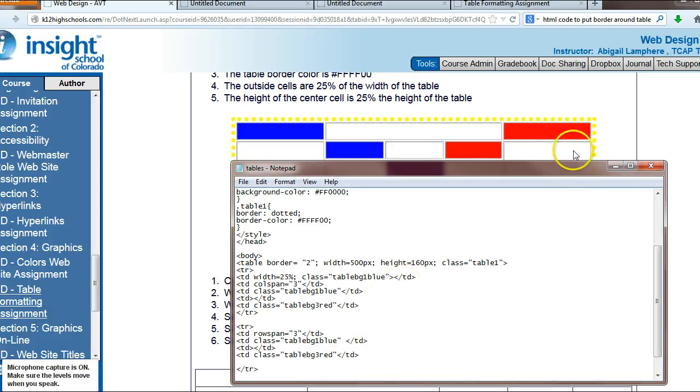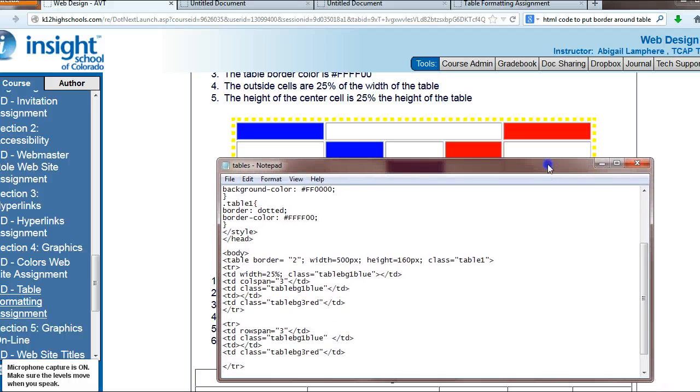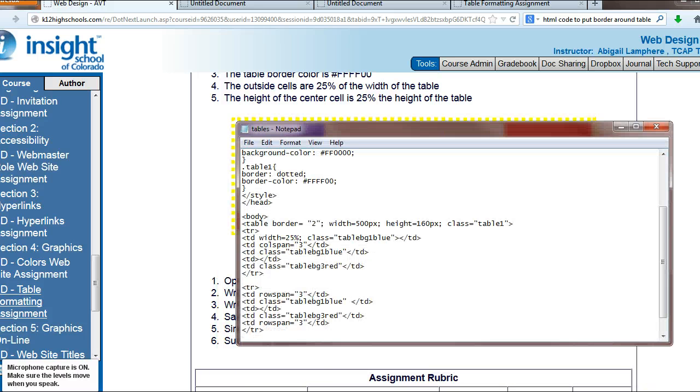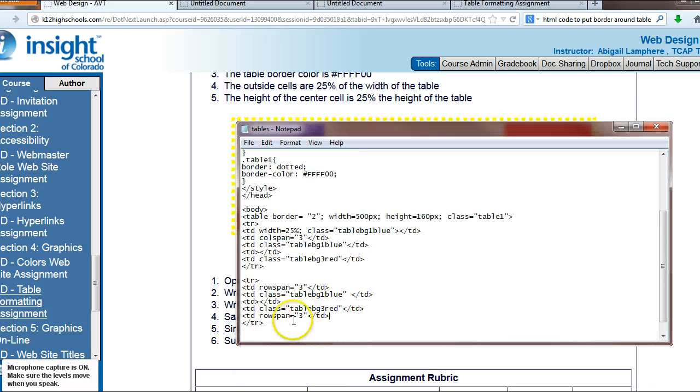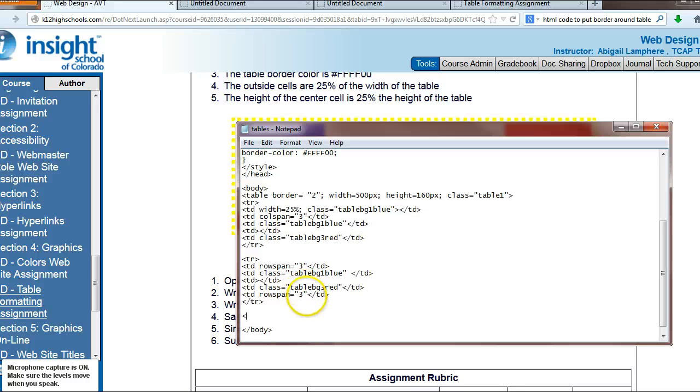And in my last cell of this row, I need to span 3 rows again. So let's open this cell. I'm going to just copy what I have up here because I want it to look just like that. Okay, in that cell, and then that is the end of that row. So I finished with that row. Now let's move on to the next row. So I tell it new row,